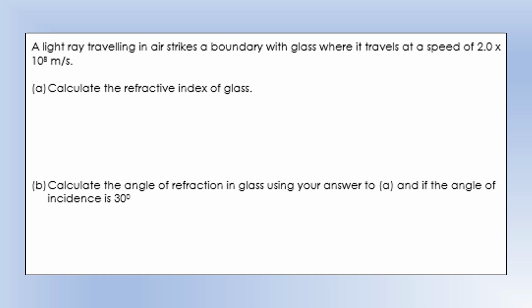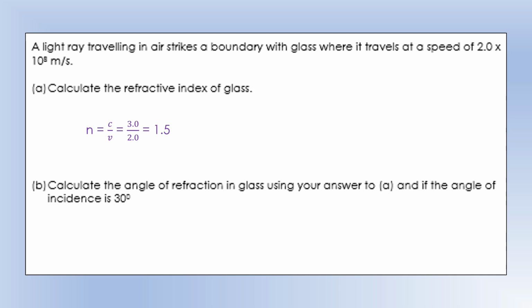Calculate the refractive index. Refractive index is the speed of light in a vacuum divided by the speed of light in a medium. The speed of light in a vacuum or in air is 3 × 10⁸. So we're going to divide that by 2 × 10⁸, which is why I've just cancelled out the times 10⁸. We don't need those. And we can see it clearly comes out as 1.5. And then